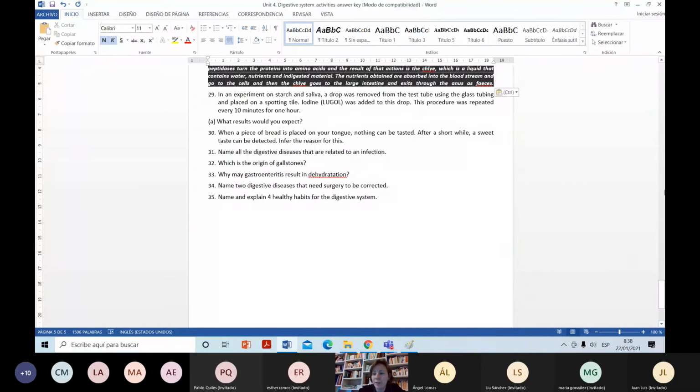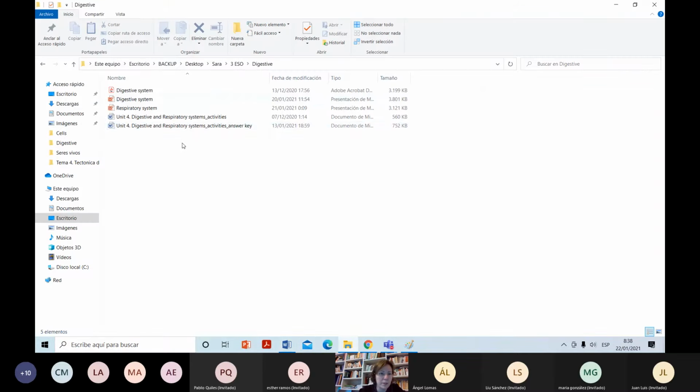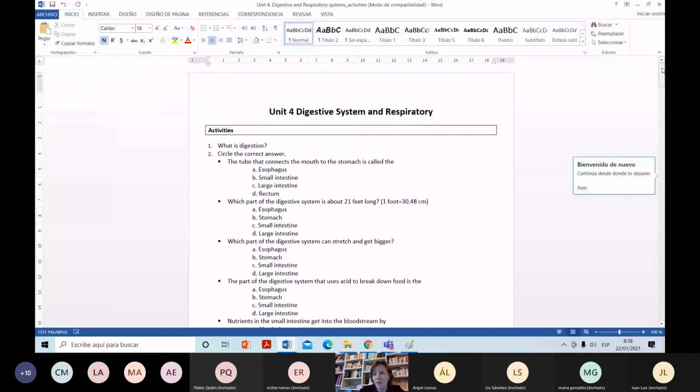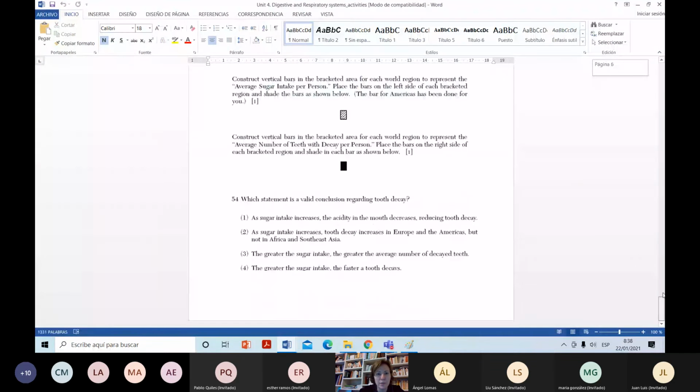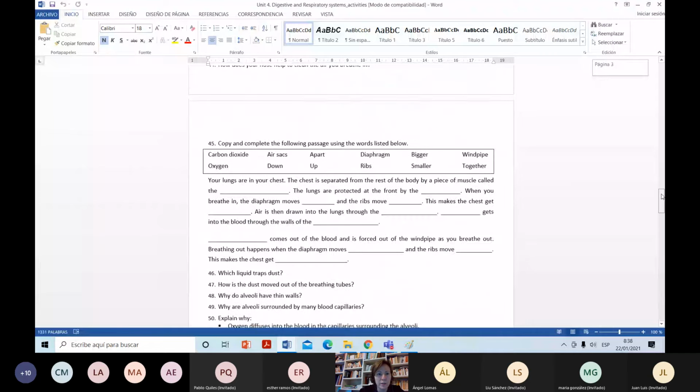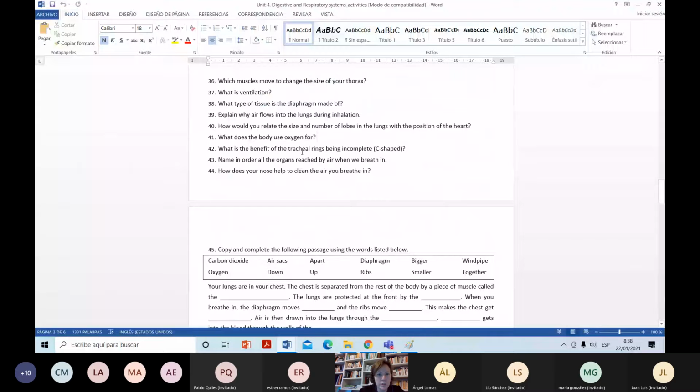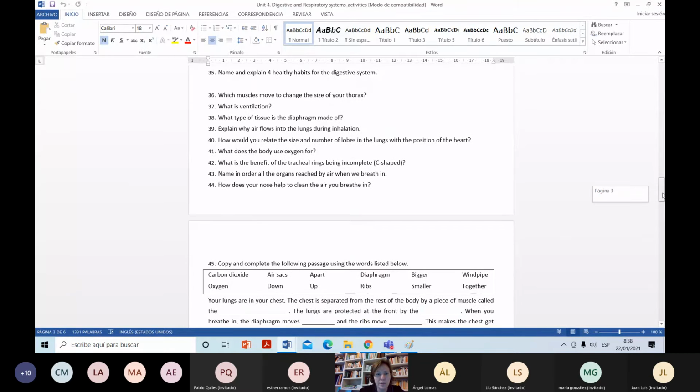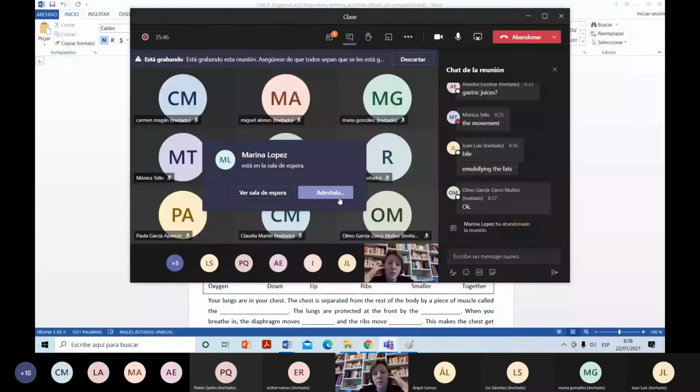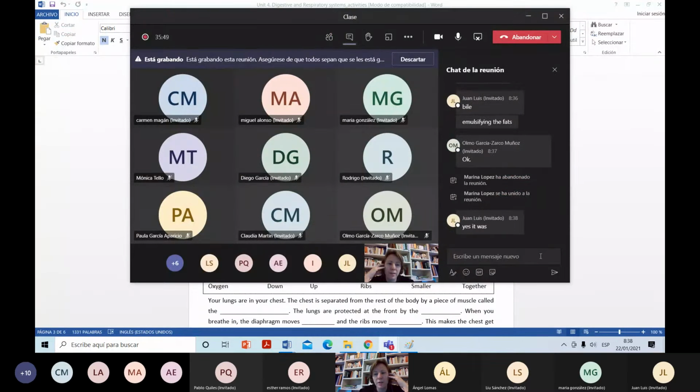Bueno, you've got also some activities related to this respiratory system, at least activity 42, I think. Que eso habíamos dicho, ¿verdad? Is it 42, the one that I asked you to do? Venga, ¿qué me confesáis? 41, esta. Bueno, puede que sea 42 in your photocopy. What does the body use oxygen for? Was it this one? The emission of oxygen. Is it the emission of oxygen?